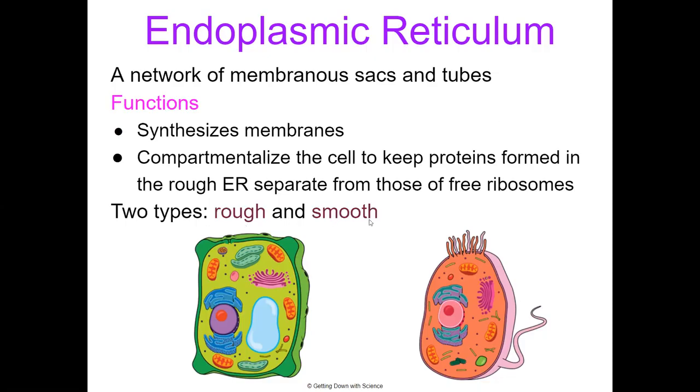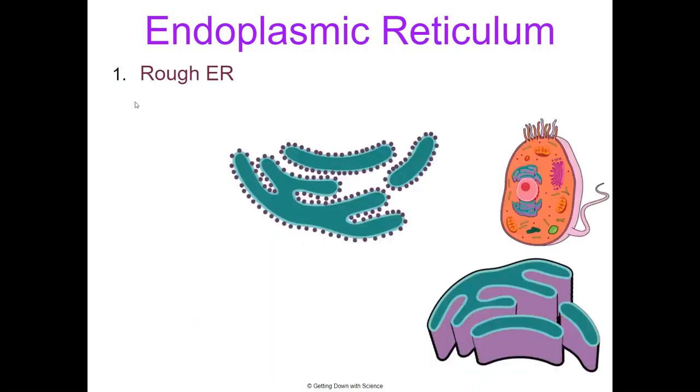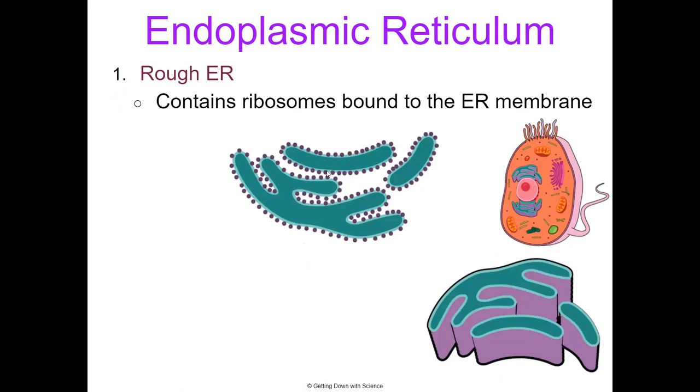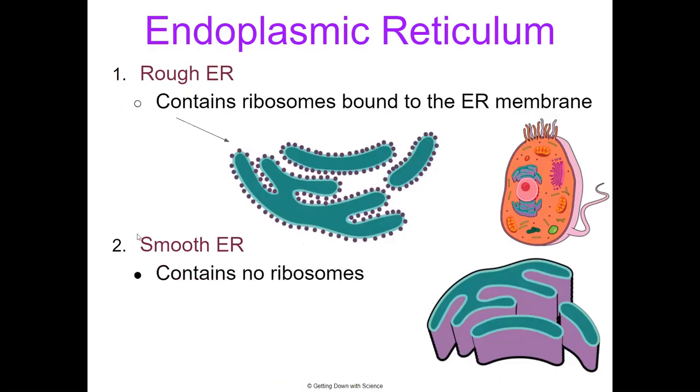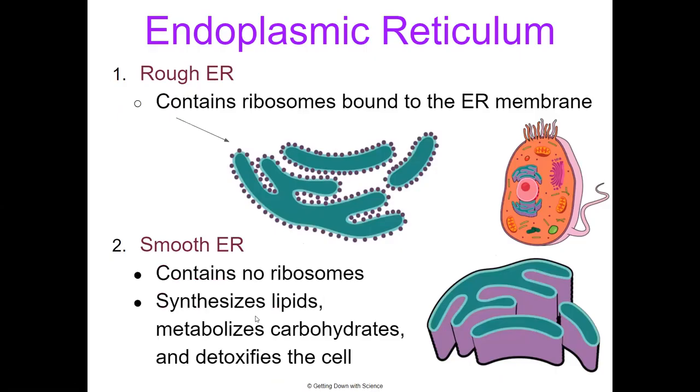We have rough ER and smooth ER. Rough ER contains the ribosomes bound to the endoplasmic membrane, and smooth ER has no ribosomes, but it's going to synthesize lipids. It's going to help metabolize the carbohydrates, detoxify the cell, so it helps process out materials, drugs, things that the cell doesn't need to be dealing with. So the smooth actually does more than the rough does, because the rough is just all about making